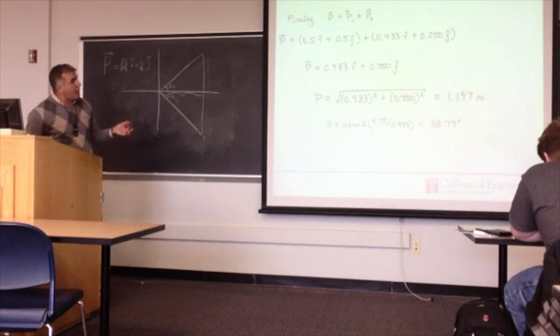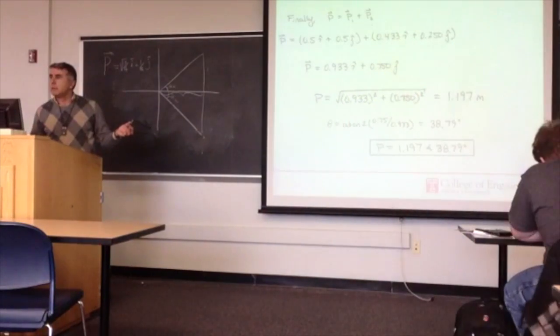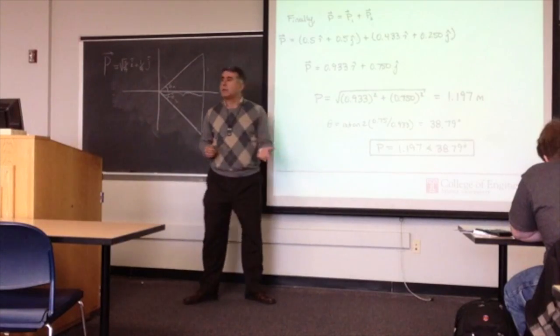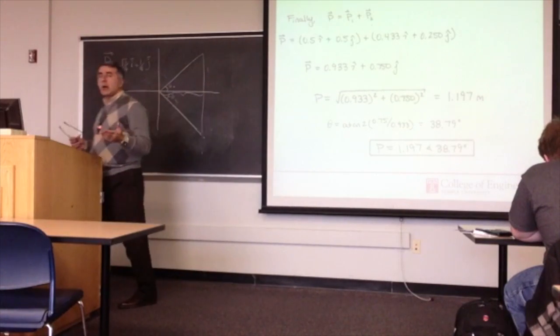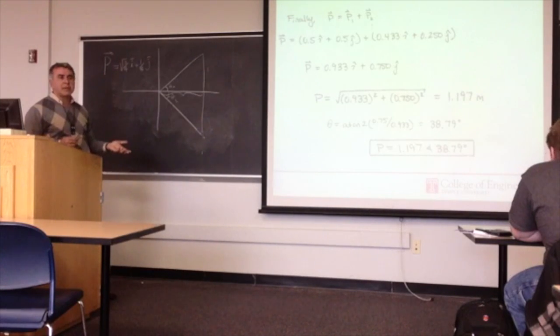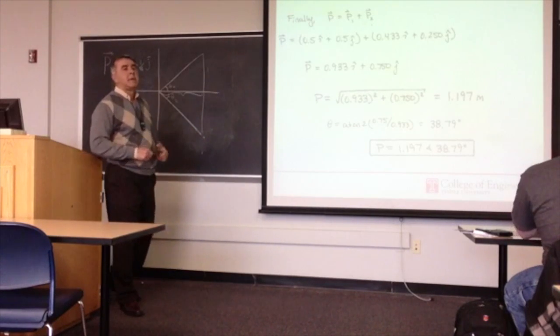So I can describe it now in a polar format too, right? Because I found the magnitude and I found the angle. So I can describe this vector both in a Cartesian coordinate system and in a polar coordinate system. Yes? We don't have the atan2